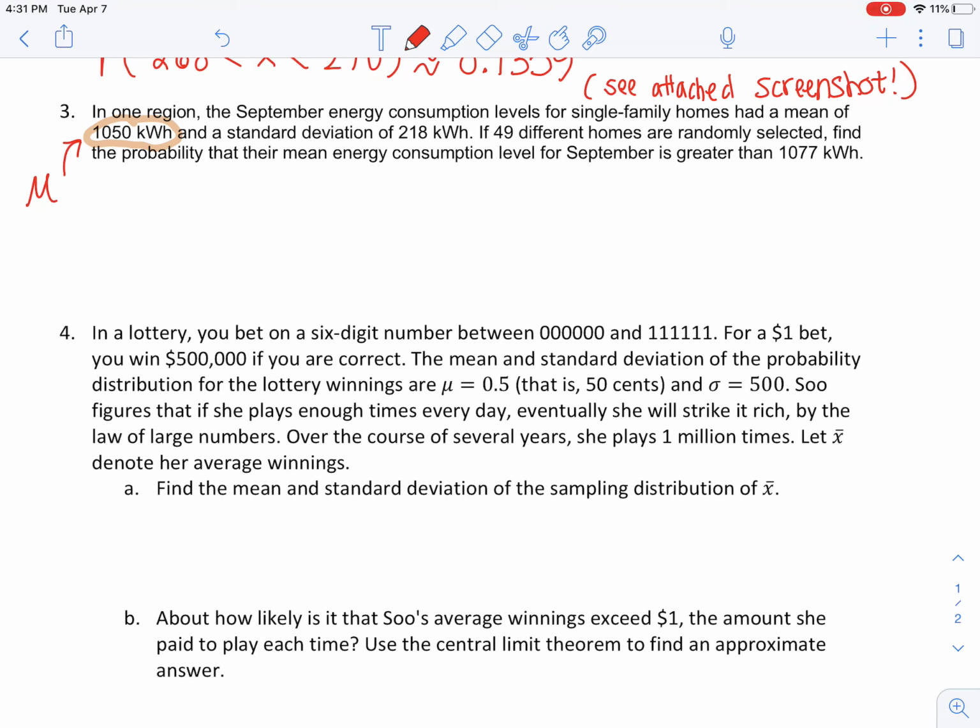In one region, the September energy consumption levels for single-family homes had a mean of, okay, I like it when they give me the mean, 1050 kilowatt hours and a standard deviation of 218 kilowatt hours. I think that's how I read these units. If 49 different homes are randomly selected, hello, 49 is our n value. And notice 49 is definitely greater than or equal to 30, right? So because of the central limit theorem,